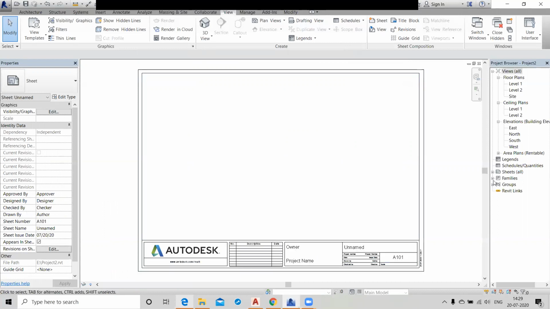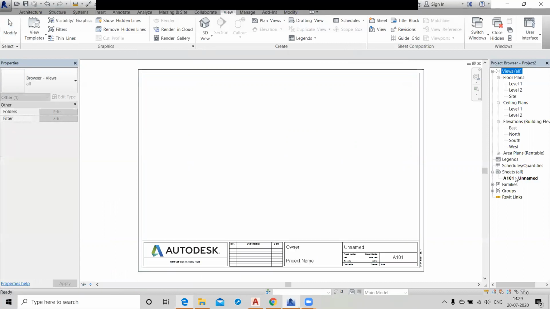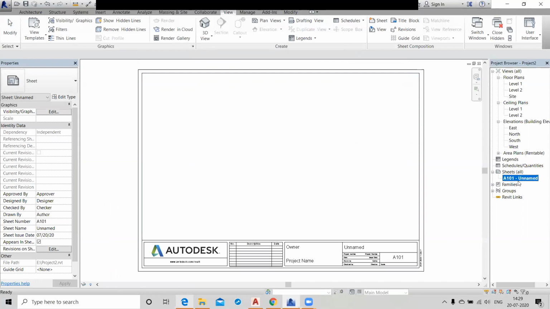Here we have the sheet tab. This is your sheet, and the sheet number is 101. So here you can change the name. The approved by, you can name it as needed.